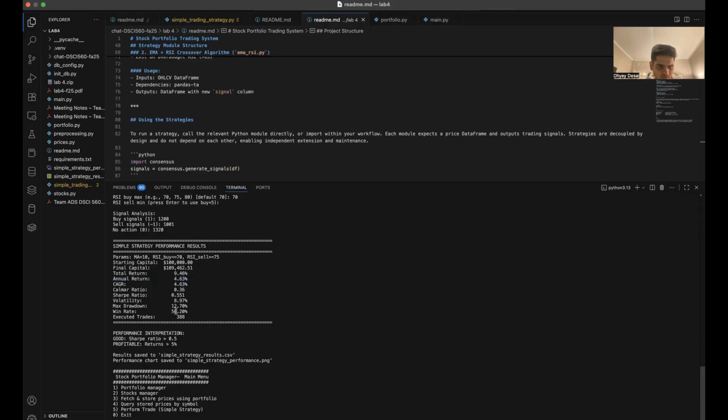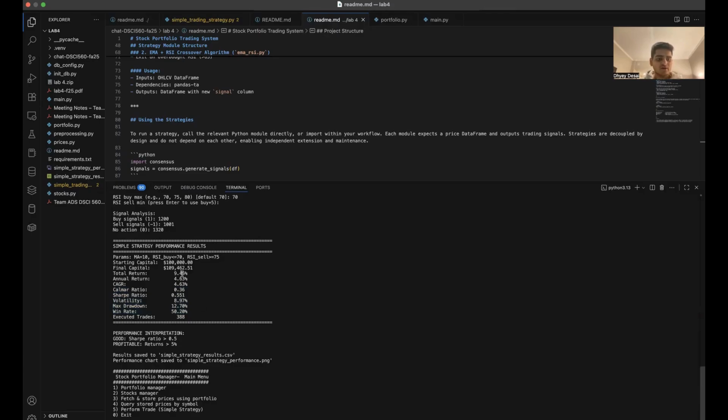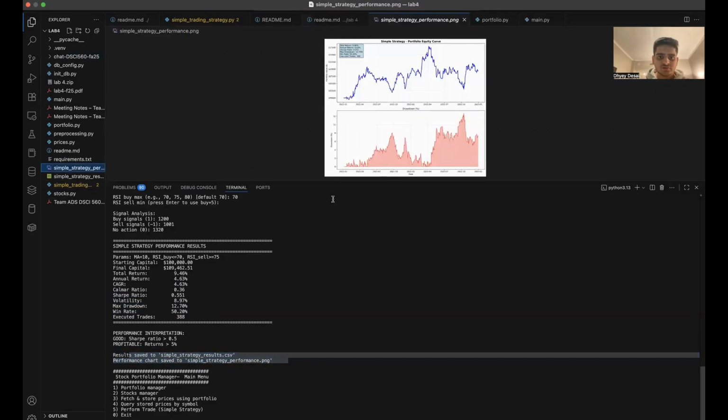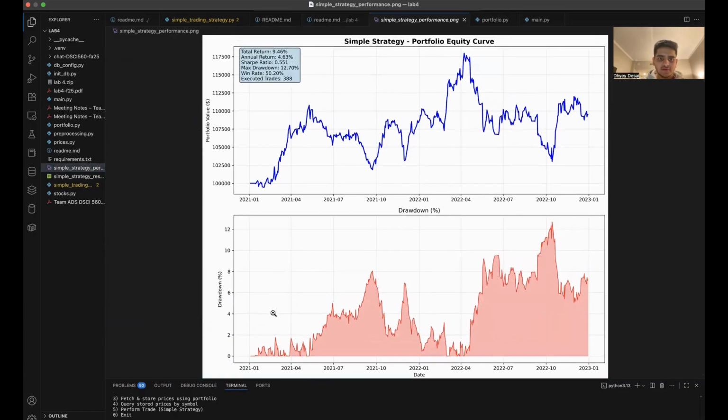And other metrics such as Sharpe ratio, Calmar ratio, and volatility, the fluctuation of the stock during this period. It will show that profit returns are greater than 5%, which is a good thing for a span of 2 years. And this result was saved to a CSV file, and an image was also created which shows the trading patterns and the metadata that is available here, which includes the total return, annual return,